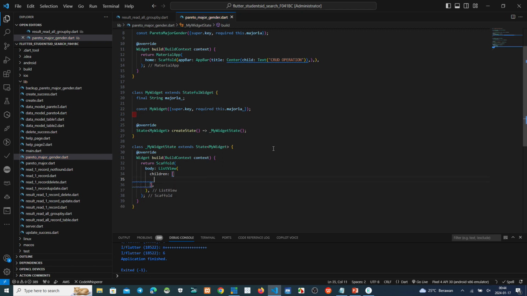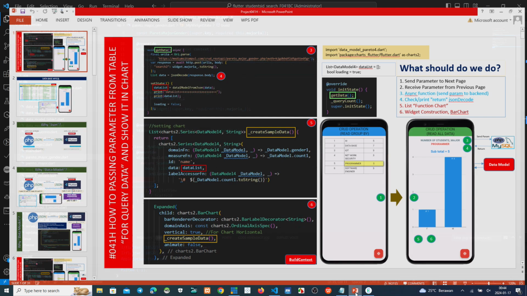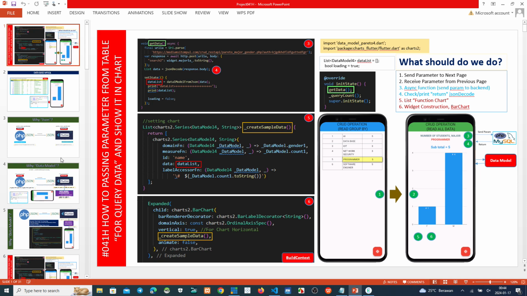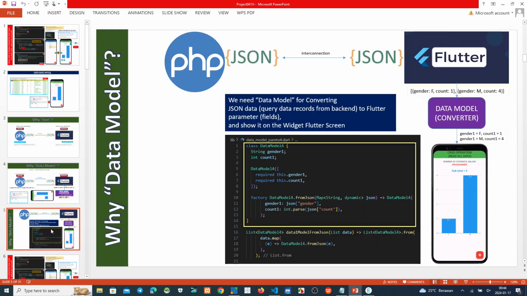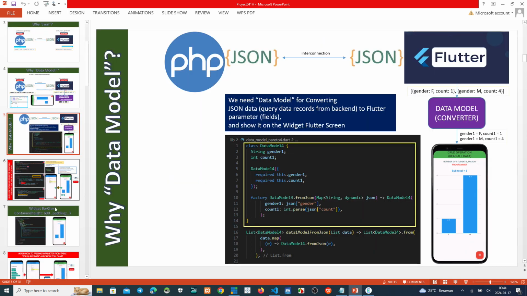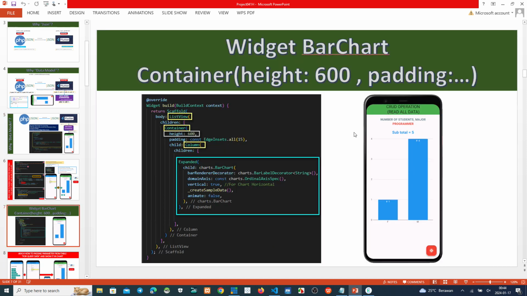Okay, and then make this. Okay, let me show you. Where is it? Okay, this one. We make a container. How long this chart we must define on this script.